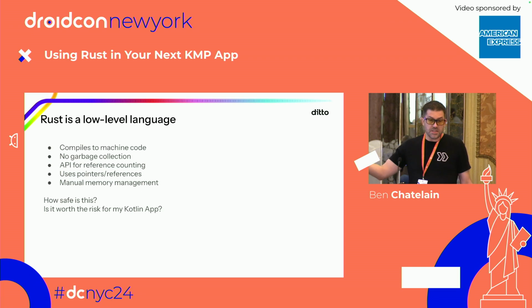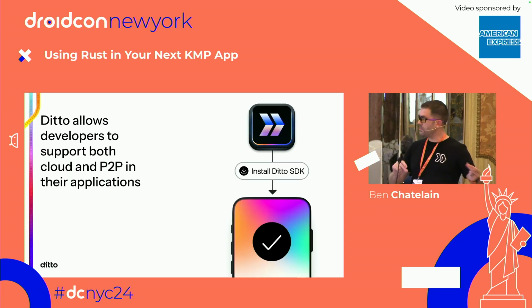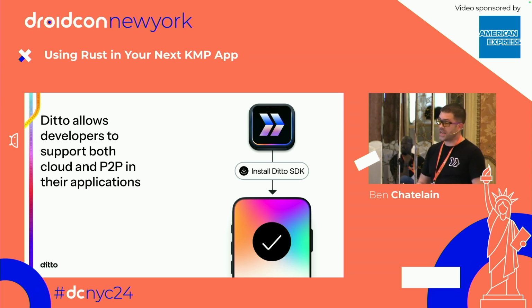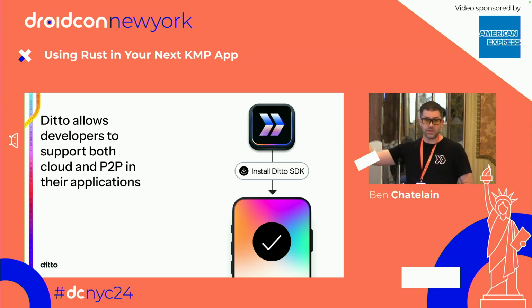So how safe is this? Is this worth the risk in my Kotlin app? Well, we're using Rust at Ditto. Ditto is an SDK for syncing data peer-to-peer across a mesh network. And it's a dynamic network that can include many different devices: iOS, Android, desktop platforms, server platforms, and a cloud that's optional. So you can sync when the cloud's available, and if the cloud's not, it can sync between the